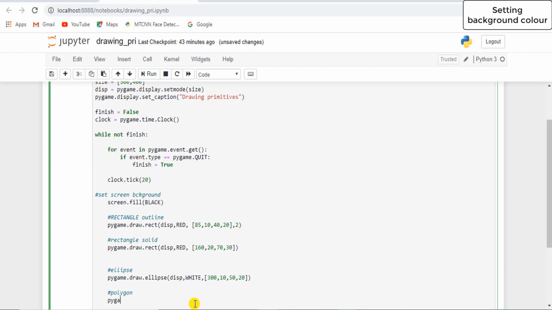To draw the polygon, we have to follow the same procedure, which is pygame.draw.polygon. And here we are going to set the values of the polygon. The first is the surface. I want to draw a polygon on the display which I have created, so the value is disp. The second thing is I need to pass the color of the polygon. I want to set red color, or you can use any other color, for example yellow. Then you have to pass